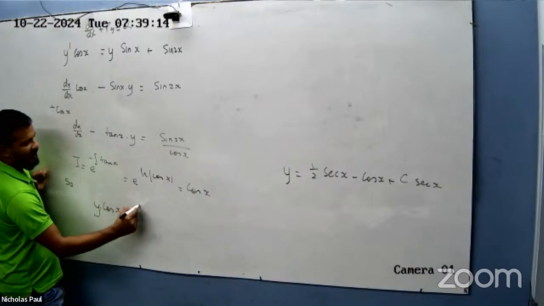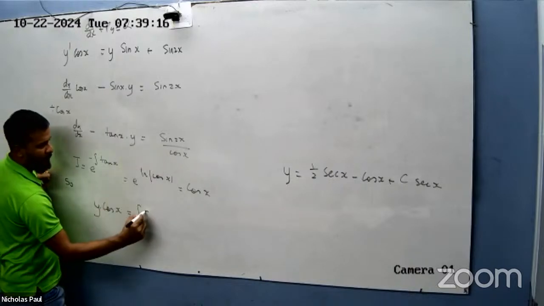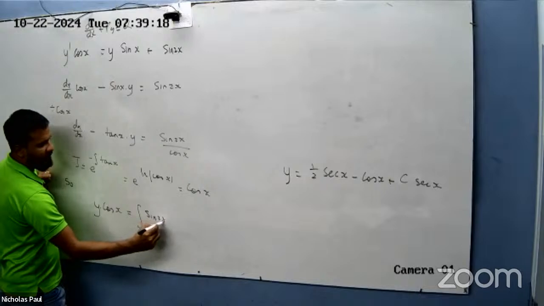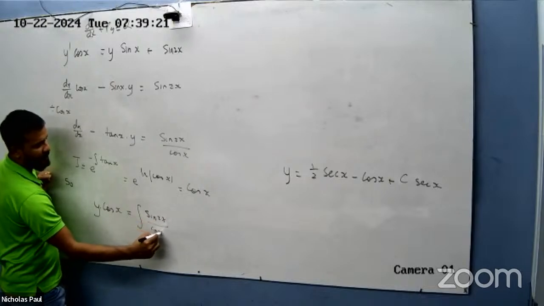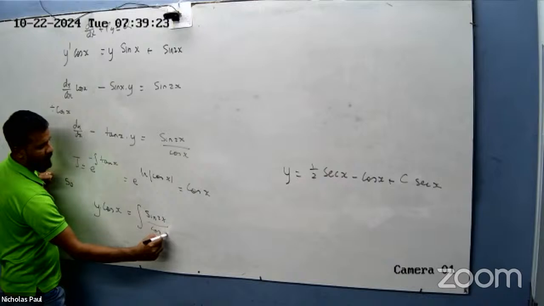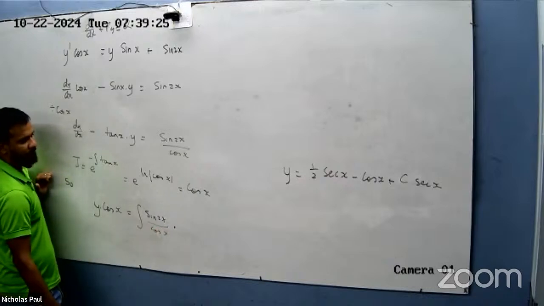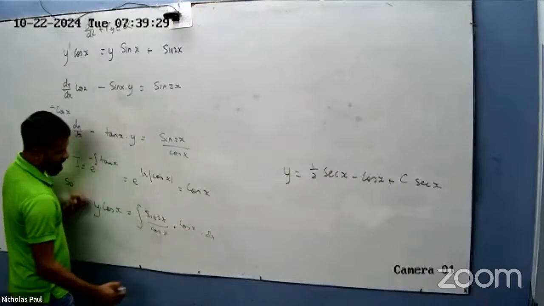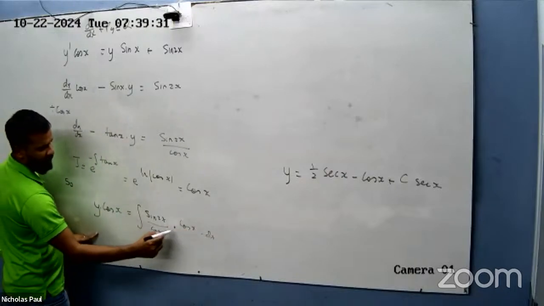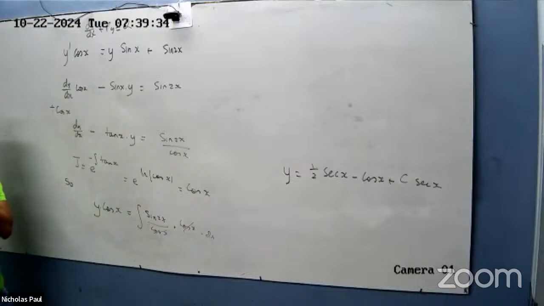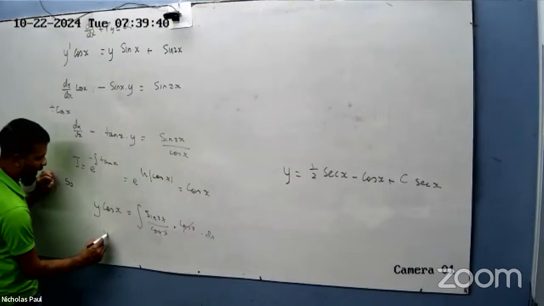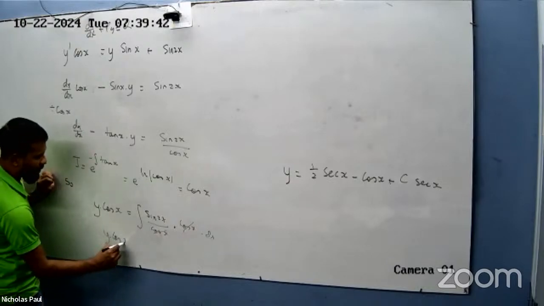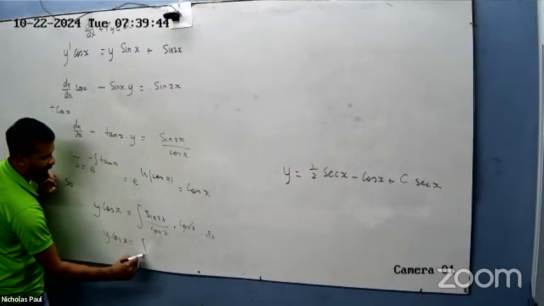Is equal to the integral of sine 2x over cos x multiplied by cos x. Right? Of course, you will see what happened here. Cos x cancel, right? That's okay. And then we want to get sine 2x. So now we have y cos x is equal to the integral of